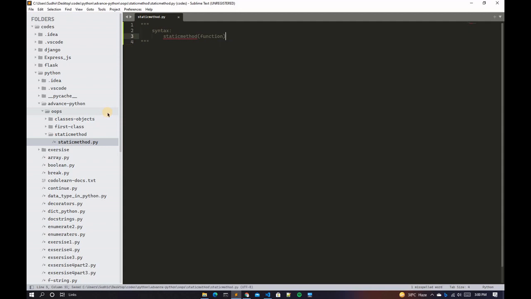So guys, now staticmethod parameters. The staticmethod takes a single parameter, which is the function that needs to be converted to a static method. Now what is a static method? Static methods, much like class methods, are methods that are bound to a class rather than its object.